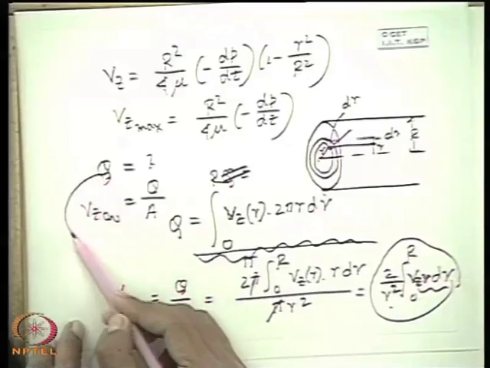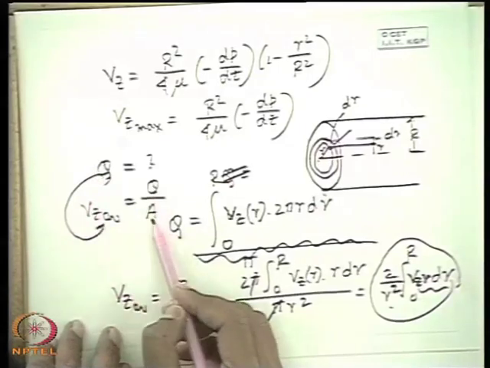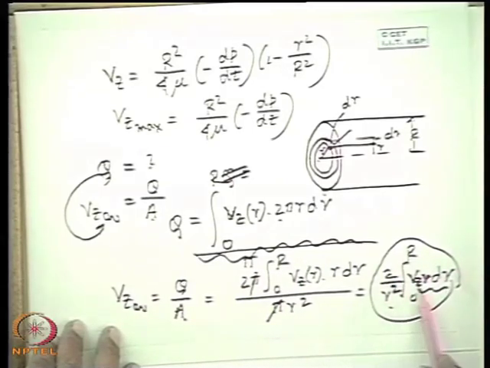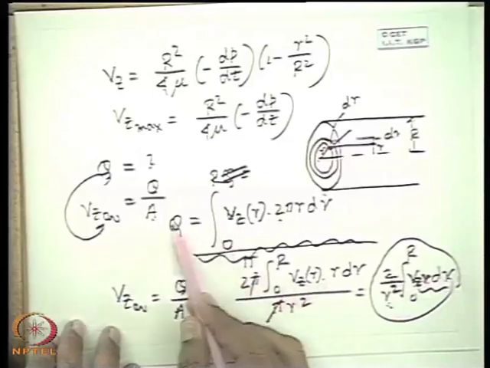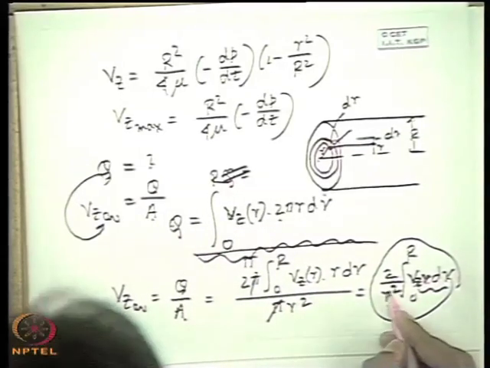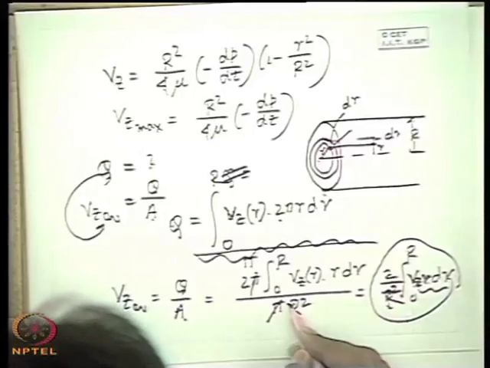Because we know the basic definition of Vz average is Q by A. So simply we define Q and then divide by area, and we can define the expression for the average velocity. Here it is not like u dy divided by 1 by h. So it is not Vz dr divided by 1 by R. Rather it is Vz r dr times 2 by R square. That means it is a typical weighted average, Vz into r dr, which has come from the definition of the flow rate. I am sorry, this is capital R, this has to be capital R square.